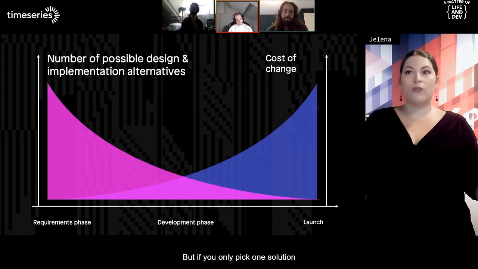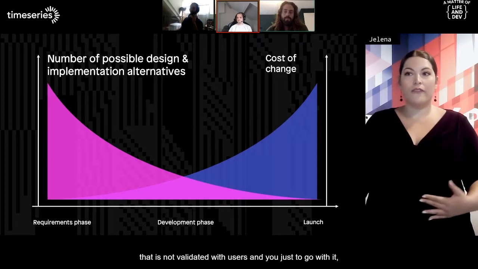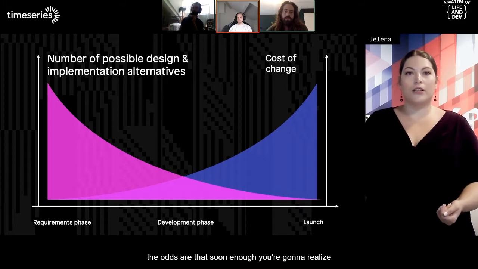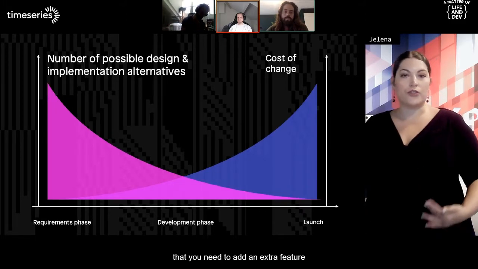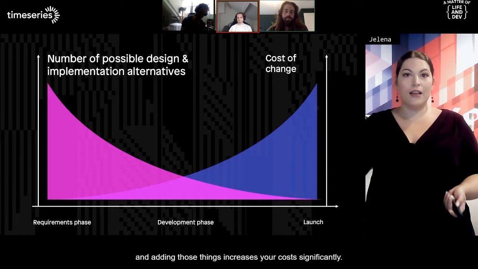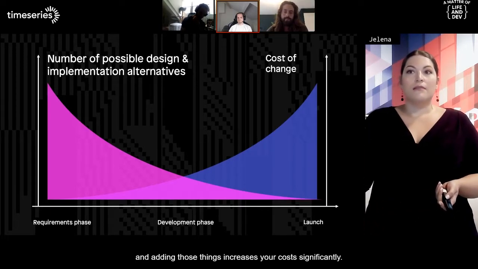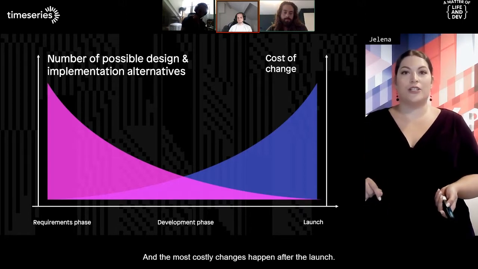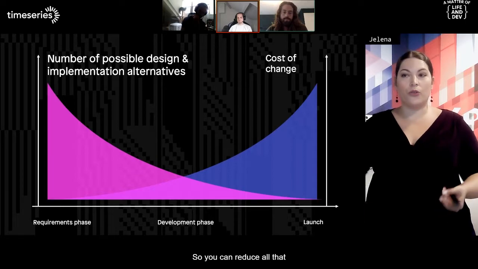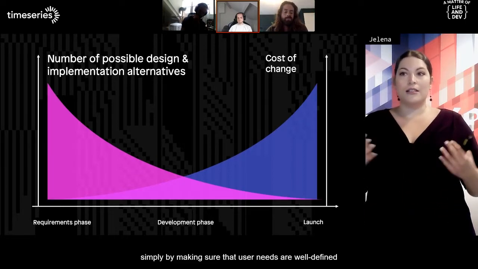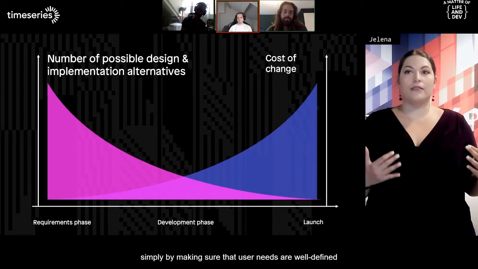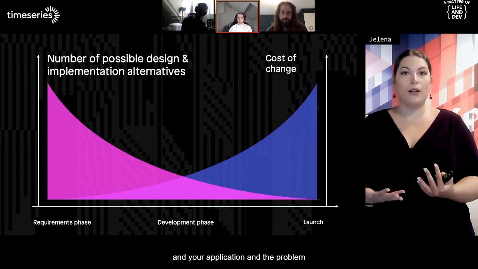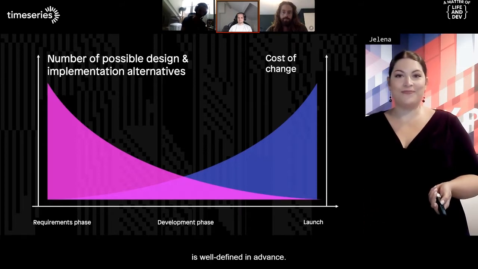But if you only pick one solution that is not validated with users, the odds are that soon enough you'll need to add an extra feature and another one, and adding those things increases your costs significantly, and the most costly changes happen after the launch. So you can reduce all that simply by making sure that user needs and the problem are well defined in advance.